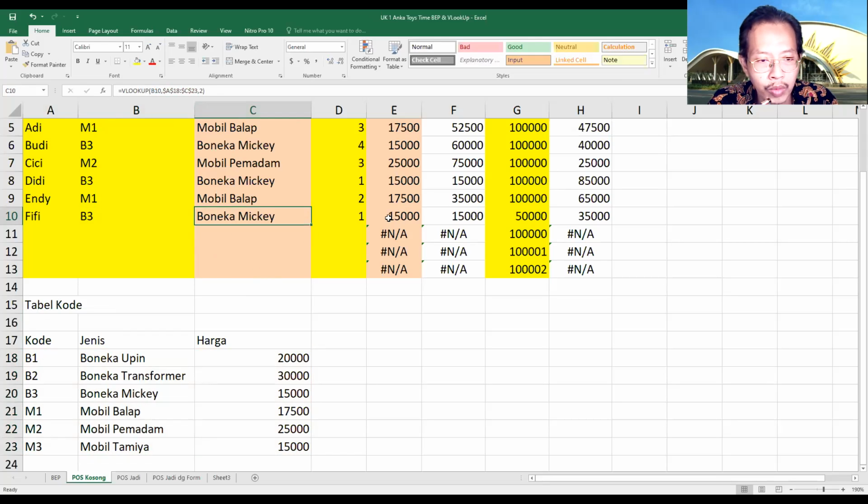Now you would want to find out the price. It would be the same. Okay, VLOOKUP B10. And then where do you want to find the information? It's from A18 to C23, meaning here. And in which column is the information available? It's in the third column here. So here, column 1, column 2, column 3. In the third column, it's B3 is 15,000. It duplicates this value